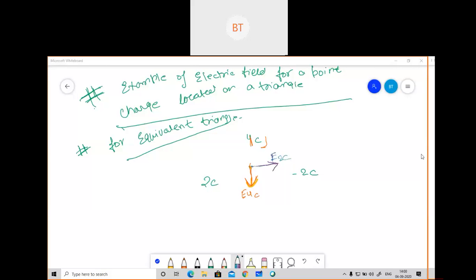Hello, so I'm very sorry for the disturbance. So see, because of this 2 coulomb charge, the field will move outside, so I'll put those arrows here. Now one thing is left. Because of this minus 2 coulomb charge, where should I put this arrow? So please tell.